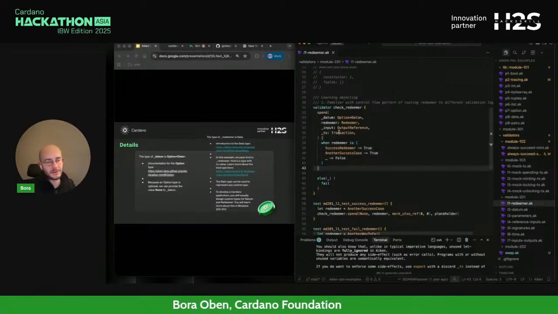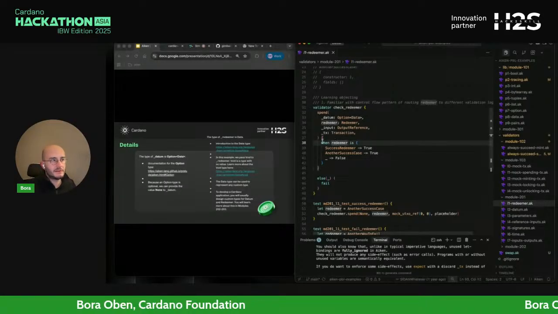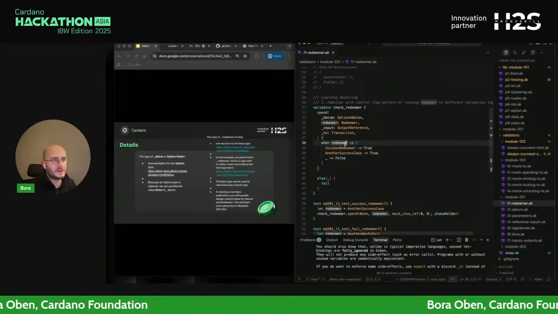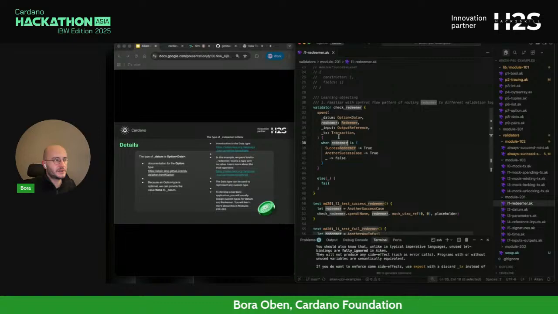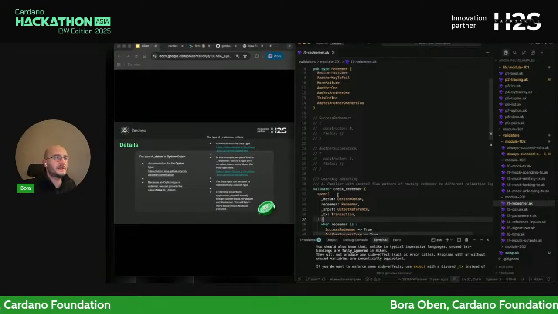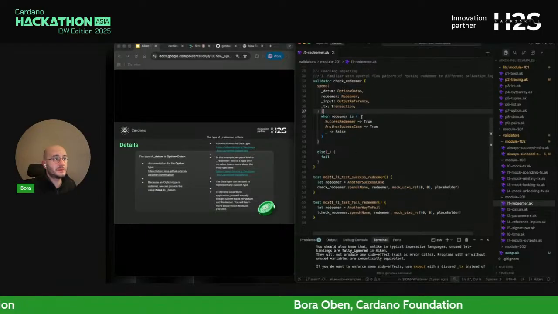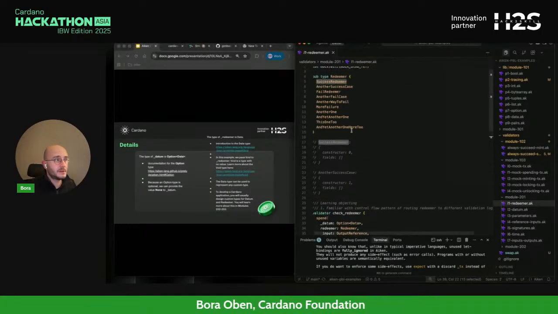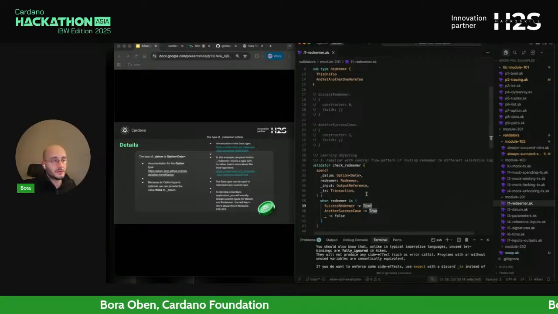What does this smart contract enforce? There is only this statement here. It is a pattern match on the redeemer that you're providing. If the redeemer provided is a success redeemer, this smart contract should return true.